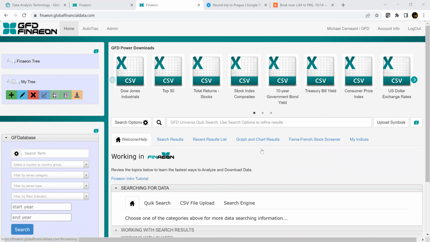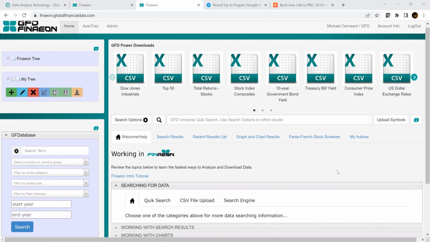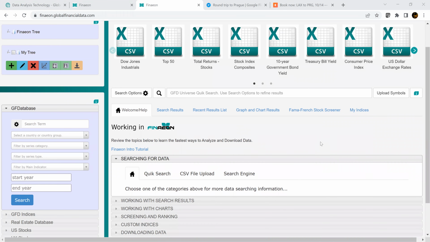And today we are going to talk a little bit about the GF database as well as the GFD indices. The GF database is Global Financial Data's primary global macro database, followed by our custom indices, which we call the GFD indices. Now, the GF database is our primary global macro database. And I say primary because it was the first database that basically put us on the map of the earth